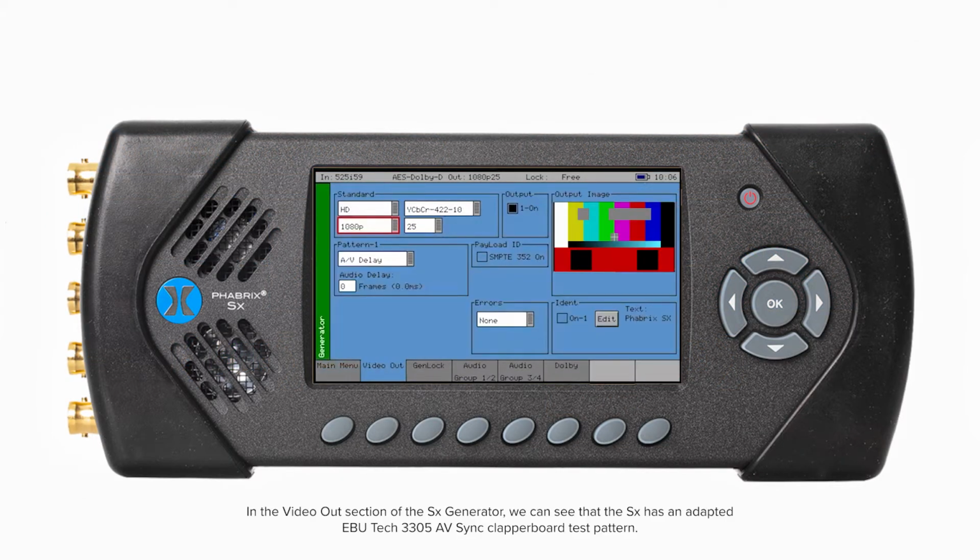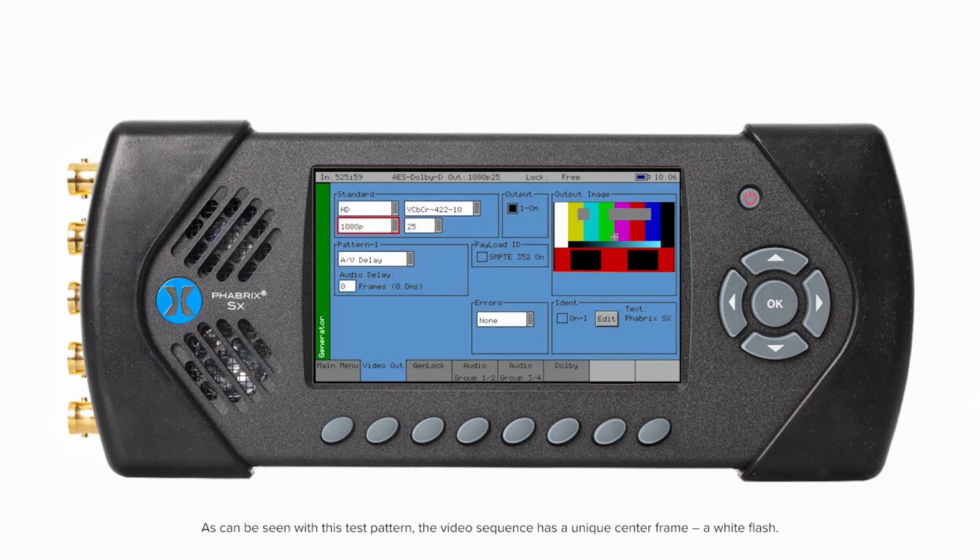In the video out section of the SX generator, we can see the SX has an adapted EBU Tech 3305 AV Sync clapperboard test pattern. As can be seen with this test pattern, the video sequence has a unique center frame, a white flash. We also have an audio sequence, in this case a 1 kHz fixed tone, which is present for one video